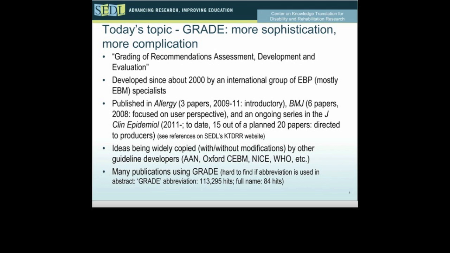They have published a number of papers, and the list mentioned there in the lower right-hand side of your screen provides you with the exact location of the papers. Three introductory ones were published in Allergy, six in the British Medical Journal that took the perspective of the users, and the Journal of Clinical Epidemiology is still in the process of publishing a series of no less than